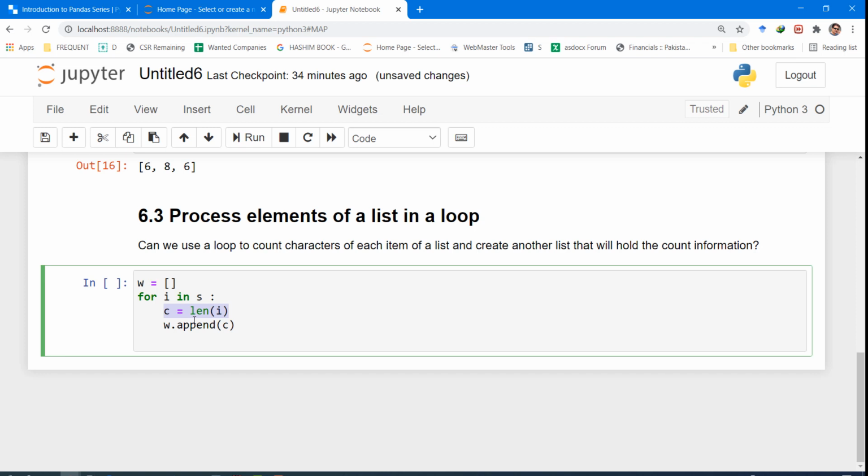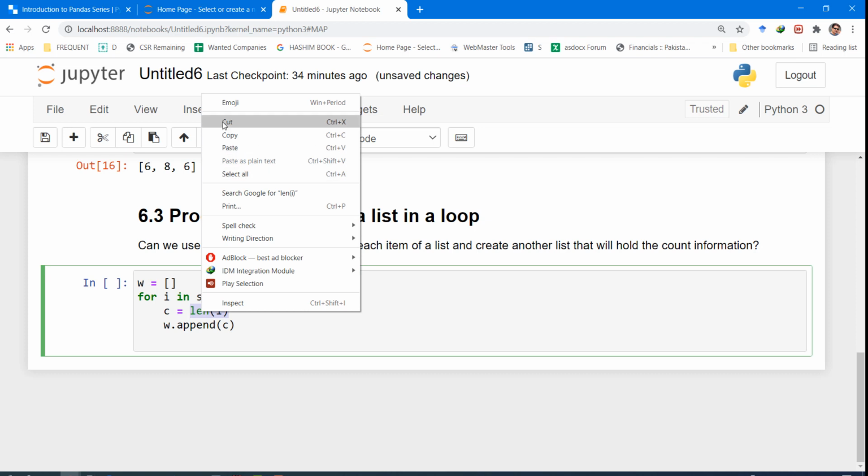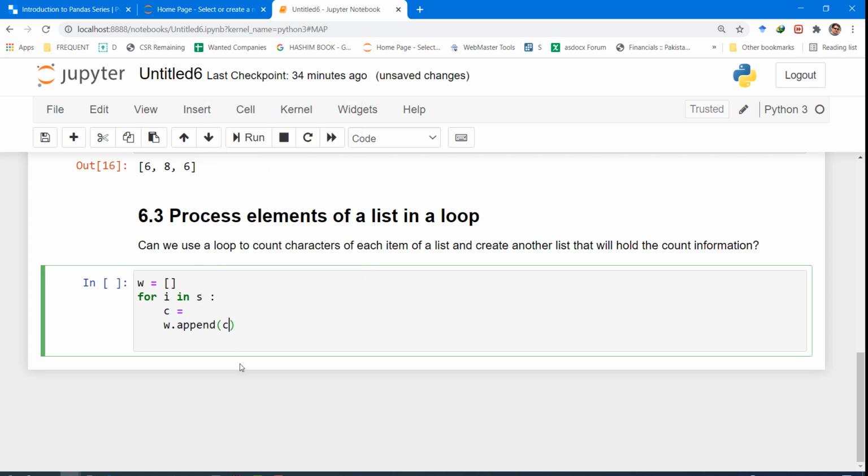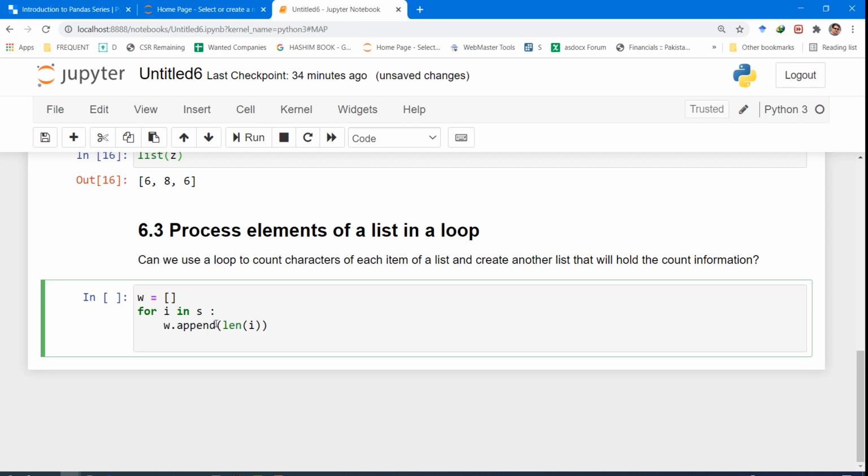What we can do is also avoid creating C. We can directly write len I inside here. So that is also possible. So let's do that. Instead of creating a new variable, let's do it directly here, and I'll delete this line, and I think that should be done.